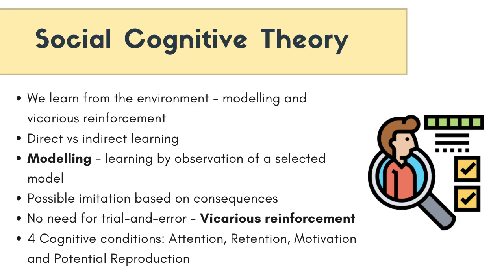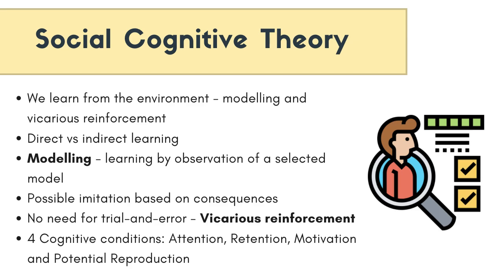The behavioristic approach and theory suggested that we had to personally engage in a behavior in a trial and error manner for us to learn it, which is referred to as direct learning. And it does occur, right? We learn through experience. But Bandura refutes this idea as being the only way of learning, and argues that we can indirectly learn as well by observing a behavior of a model and observing the consequences they experience as a result of their behavior, which is what we refer to as vicarious reinforcement,